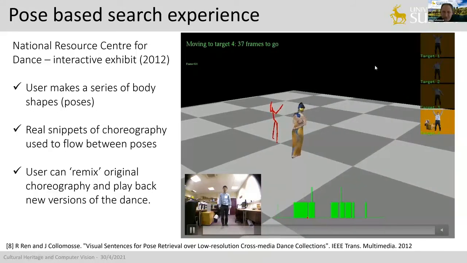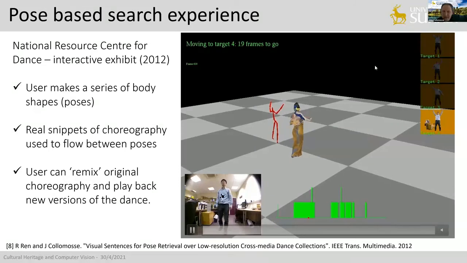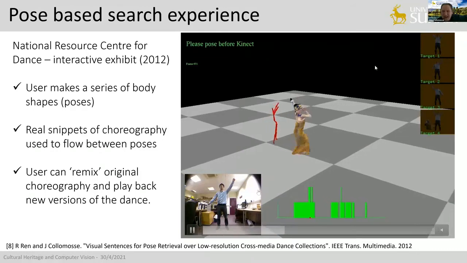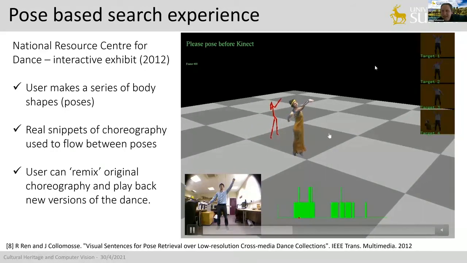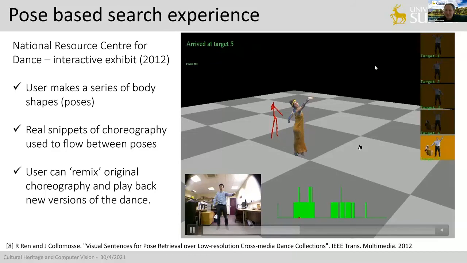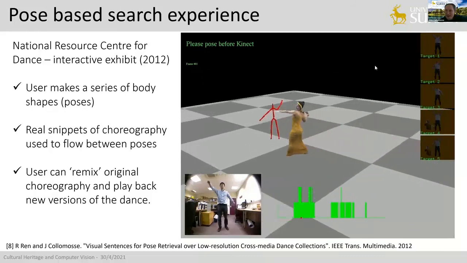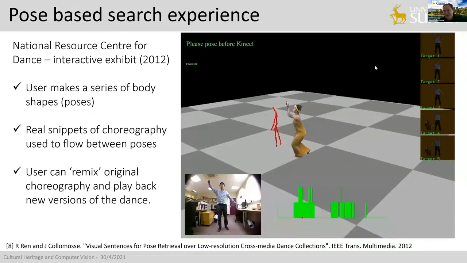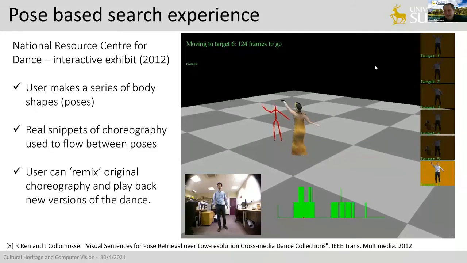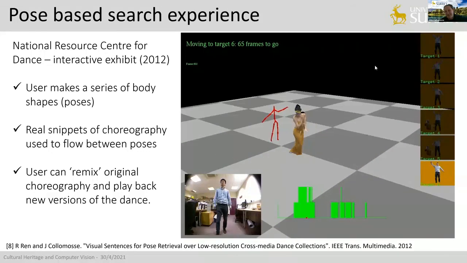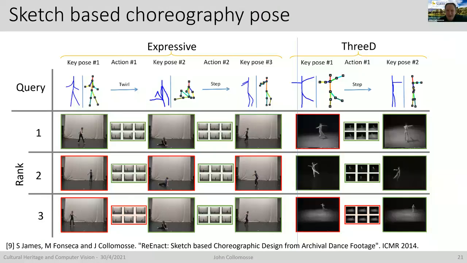We had the captured performance, and then we had this installation where a user, you can see here on the bottom left, makes a series of poses of human positions, and then the system finds snippets of that choreography and stitches them together seamlessly so that they start and end in the different poses that the user is making in front of the camera. That way the user gets to be part of the choreography and drive it through new sequences. So it's in the spirit of the original choreography, but directed by the user.